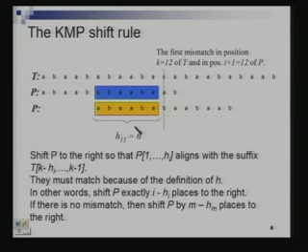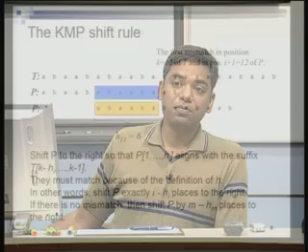But why did we want a minimum amount of shift? We wanted the largest possible shift, right? So the right answer should not be "so that minimum shift occurs." So that we don't miss out on any patterns. That's why we are looking at the longest prefix. So that we don't miss out on any one at all. If I were to take a shorter prefix, I might end up missing out on some guys.